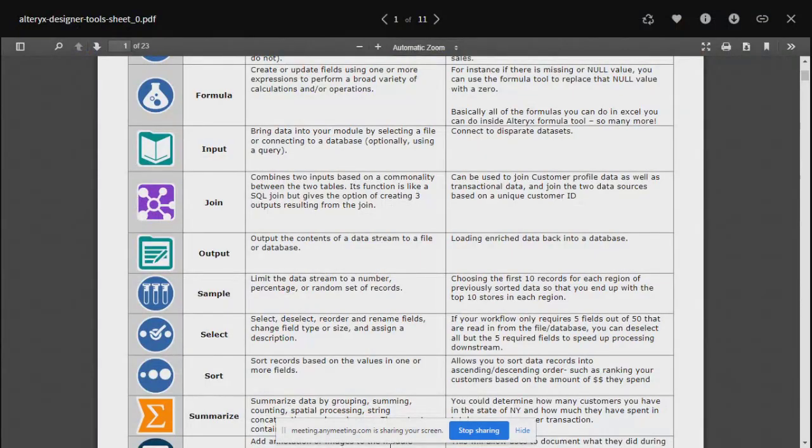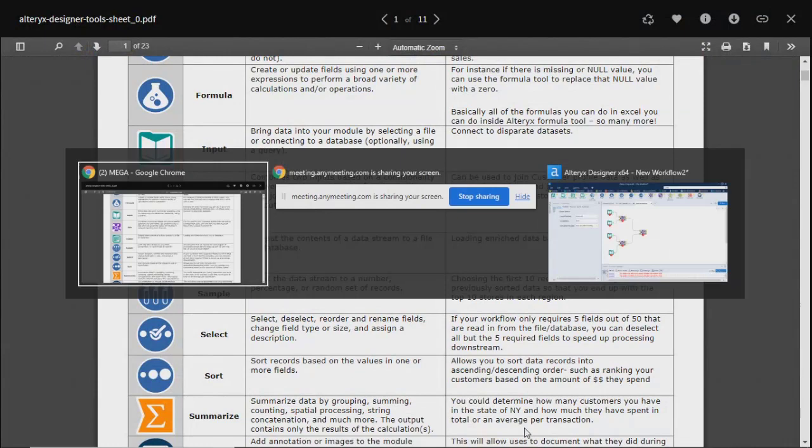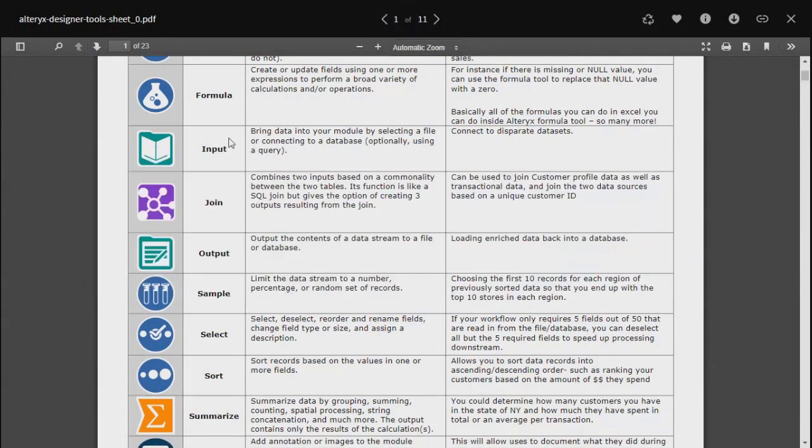Okay. Now let's go to the next one, the output tool. So again, like input, your output tool also depends on the type of file which you want to take. So depending on your destination, the options over here will change, right? And we have used it in several scenarios, whether it was your SQL Server table, or an Excel file with one workbook, or an Excel file with multiple sheets.